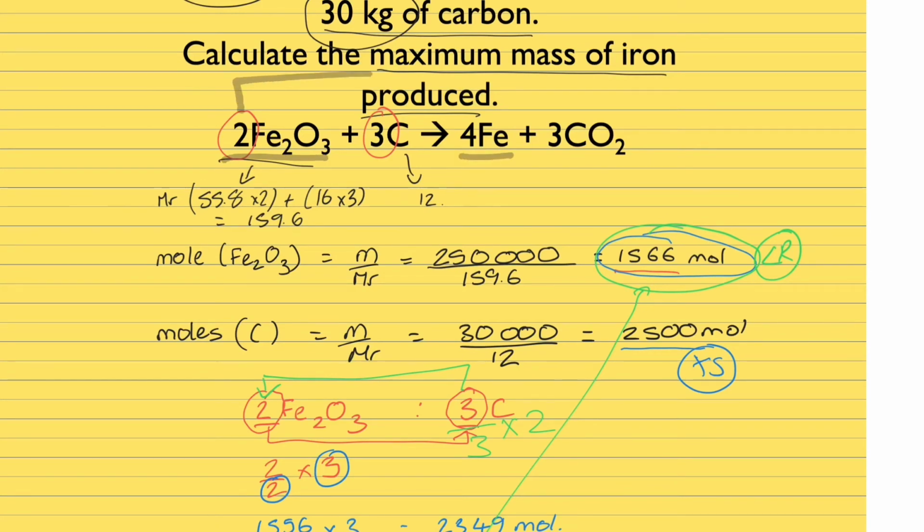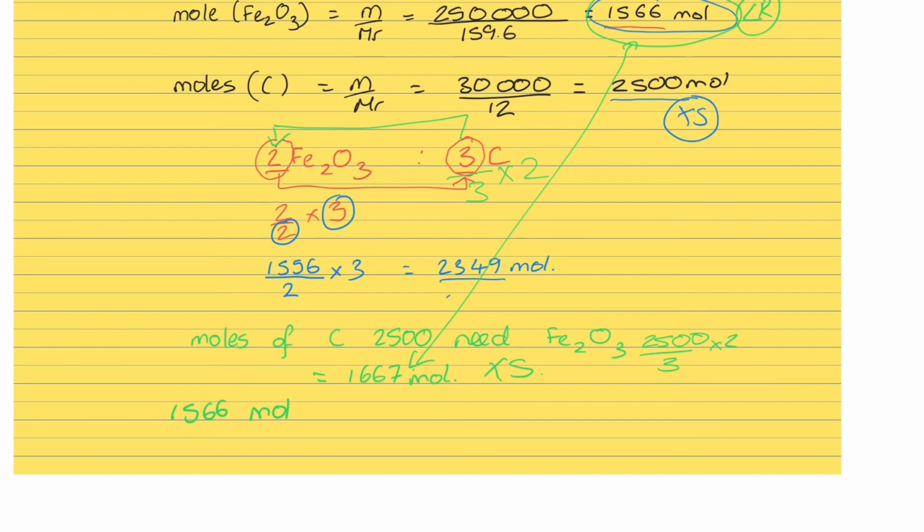So how do we get from a 2 to a 4? Well, we divide it by 2 and times it by 4. So we need to do that to the number of moles of iron oxide. So we do 1566 divided by 2 times by 4, and that will give us the moles of iron,